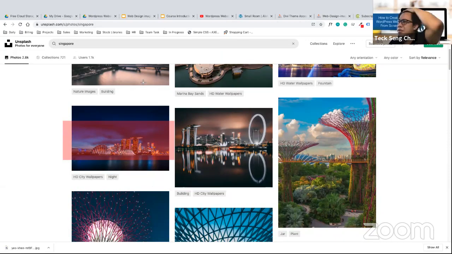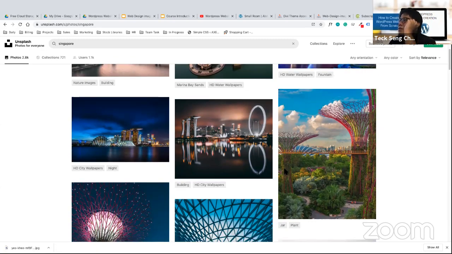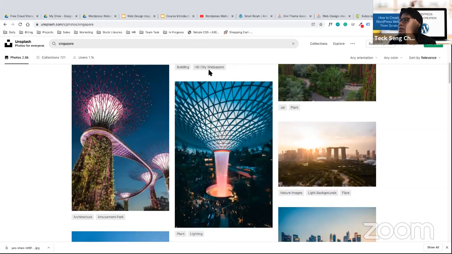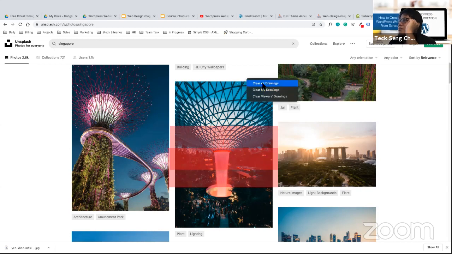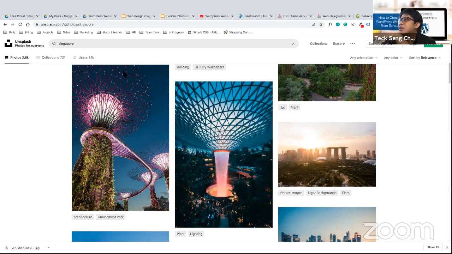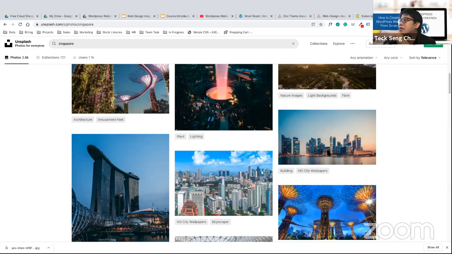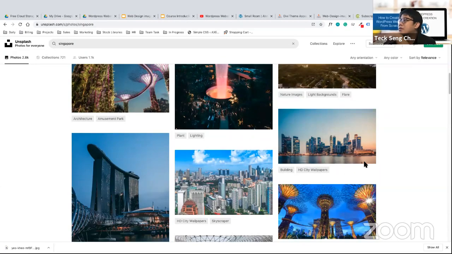Okay, I won't choose images like this as well, because it's not going to be very nice. Like I said, for the landscape image, you want to choose images like that. This one, 16:9 only comes out like that, or in the center of it, which is also not very nice. So I won't choose images like that. I'll choose images where I can get the 16:9.